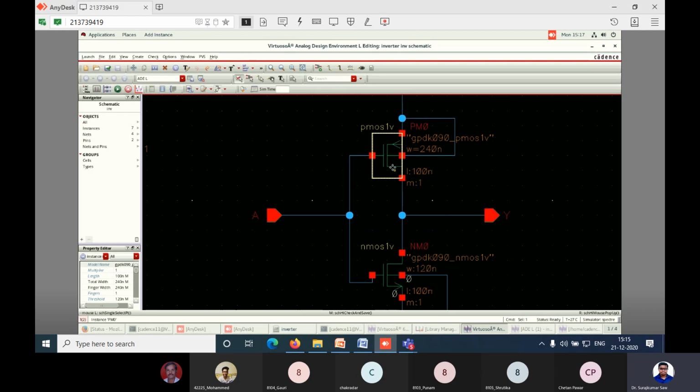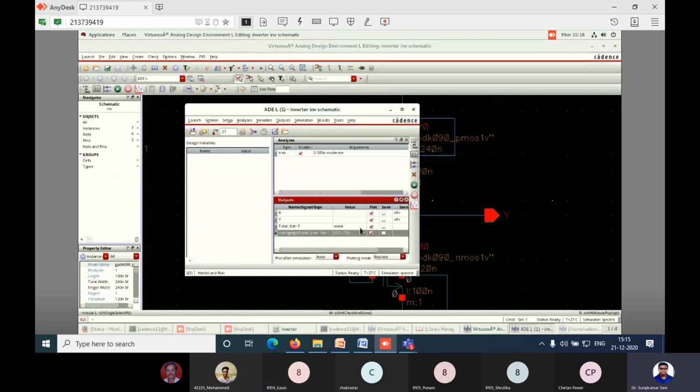If you change the width of PMOS, don't change the length, only vary the width. Then check and save, and if you run the ADE window again, you can see that your power will change.